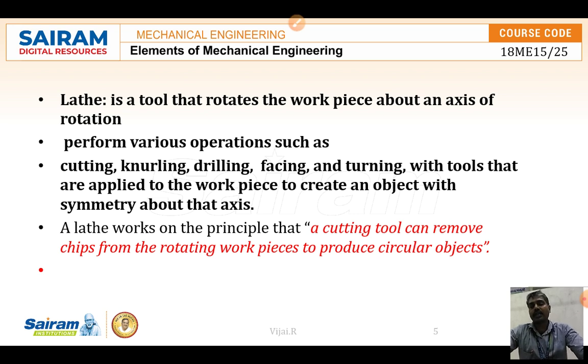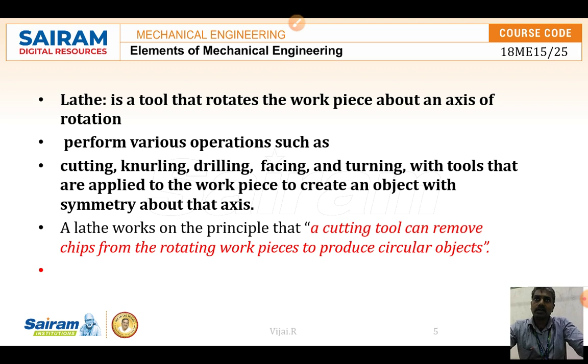Here the working principle of the lathe is that the cutting tool is used for the removal of material from a rotating workpiece. The rotating workpiece, a circular job, is held in the chuck.